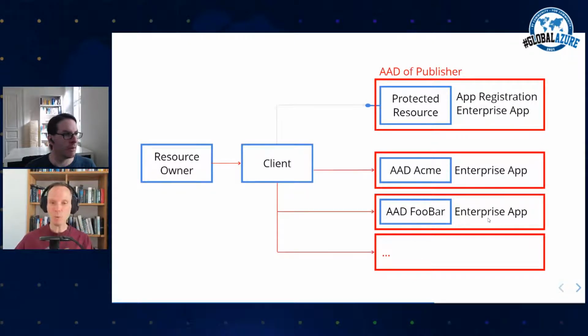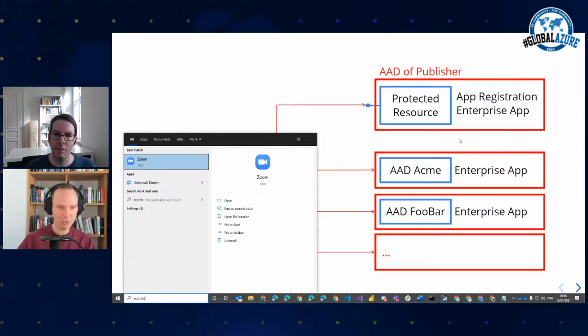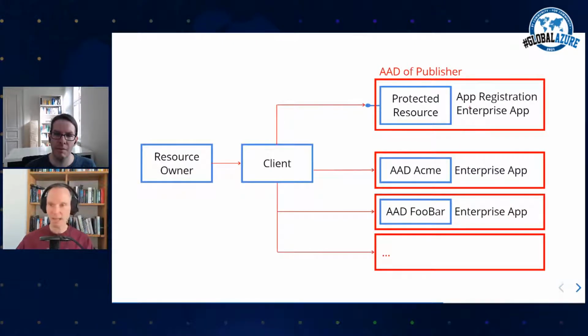Now, what we have here, let me unveil the arrows here. What we have here is two very important concepts. Oh, I forgot to start my zooming tool. Sorry, now it works. Up here, in the AAD of the publisher, we have two important concepts when it